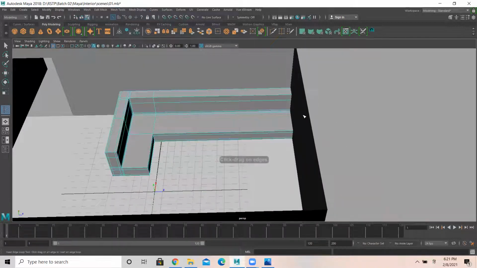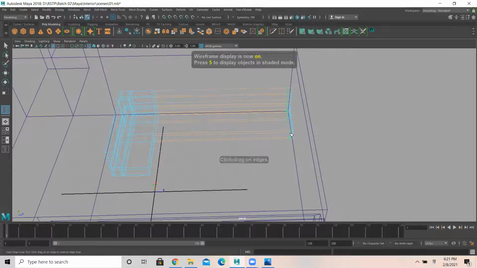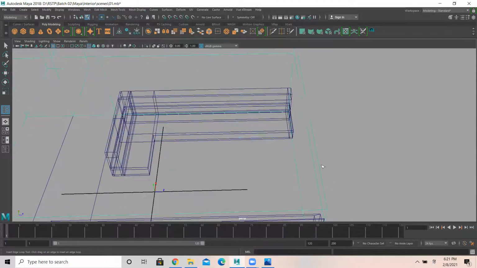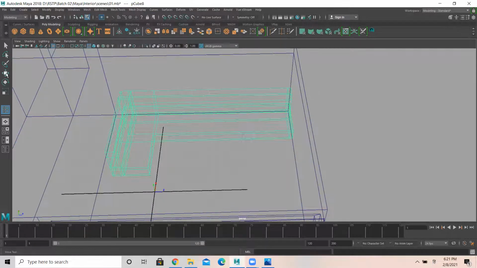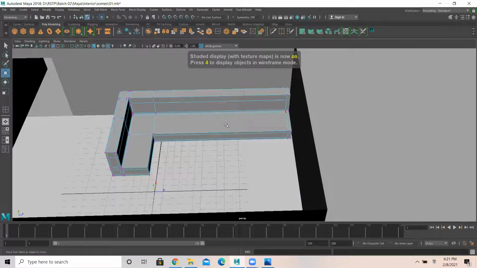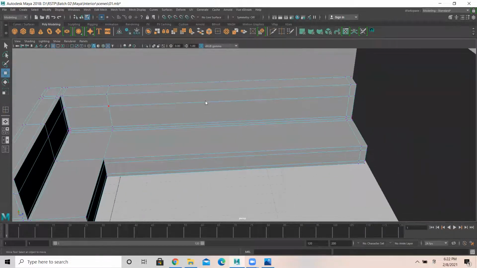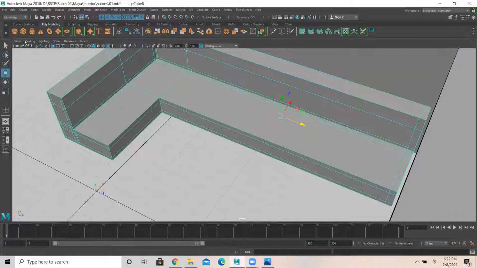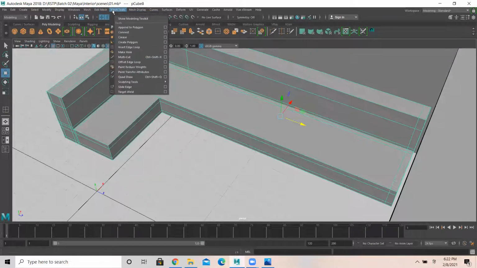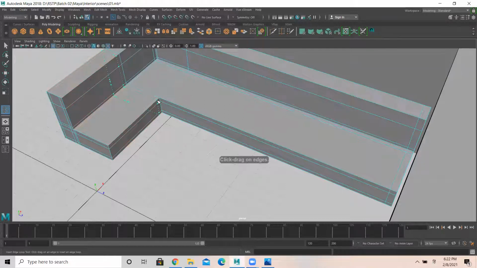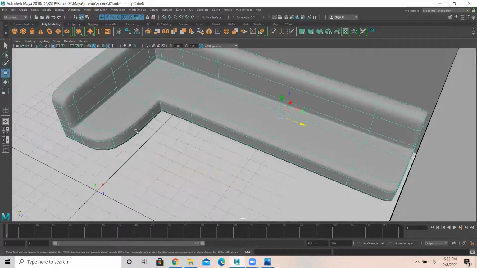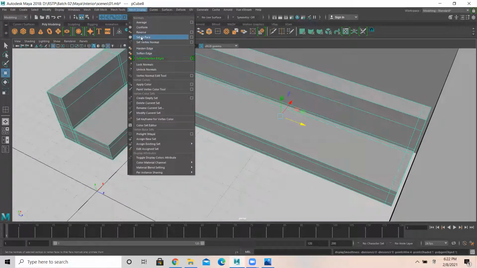I need to add insert edge loop here. Then I'll add one mesh here. Select this and press 3. It's like this. Okay, I need to add one more.